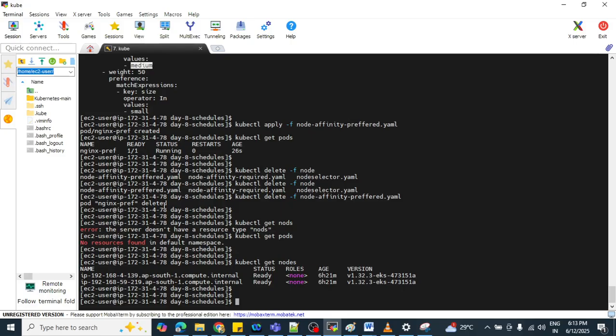Means I want to control my scheduling in Kubernetes. We can do this via node selector also, where we put a label on our nodes.